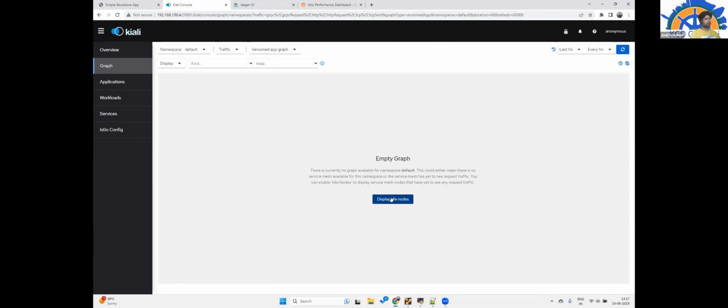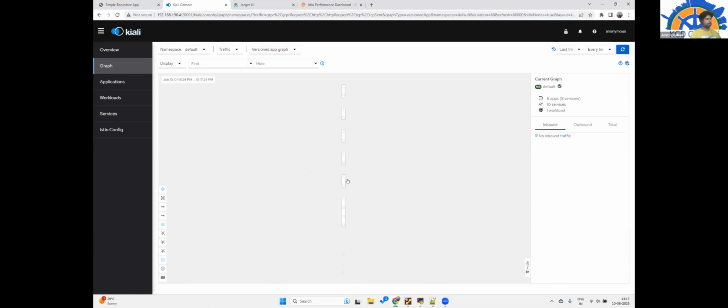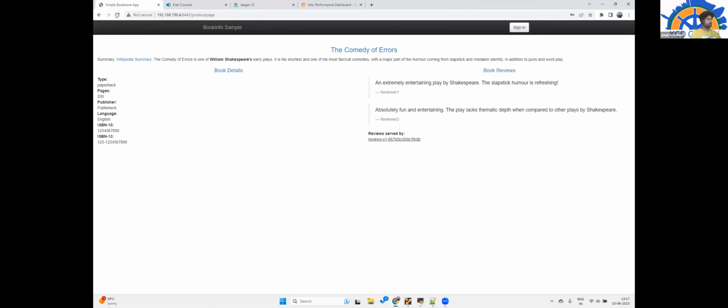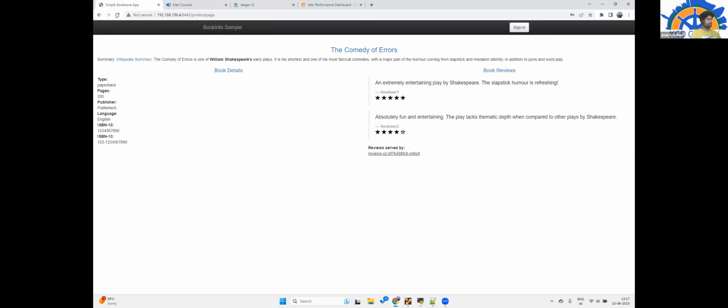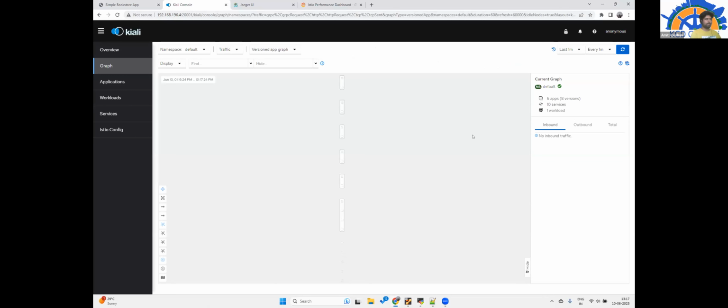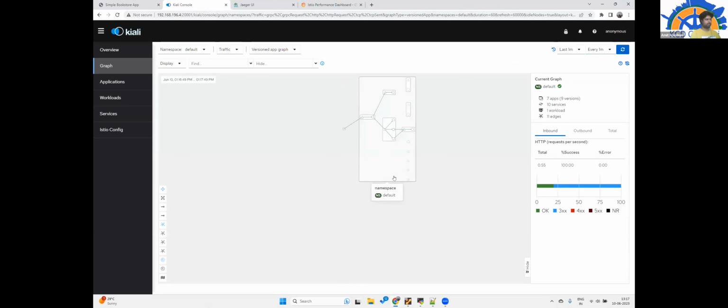Yeah, it came back. So you can see each and every entity is a microservice. Currently there is no data, but if I just run it a couple of times, okay, now we should be able to see a nice representation over here. You can see which namespaces.